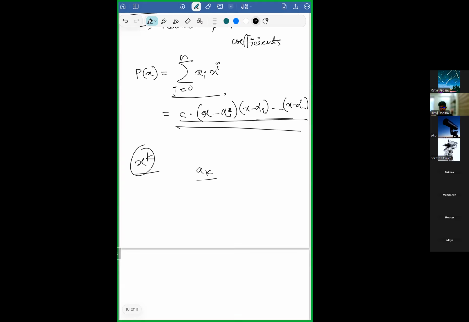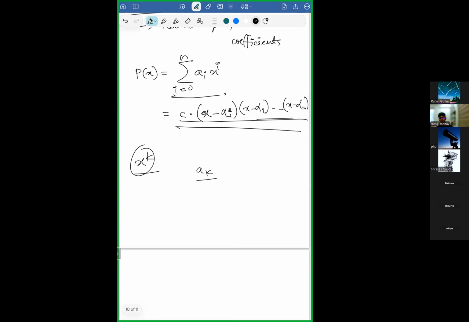We can choose k x's from each bracket and then find. So to find the coefficient of x raised to k from each of these terms, you need exactly k x's, and from the rest of the terms you take the root, right? So if you take x raised to k times, each term here would be the product of the remaining n minus k roots times c. So I can take c outside as well. So this is the product of the